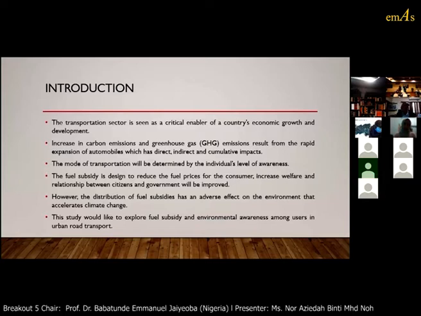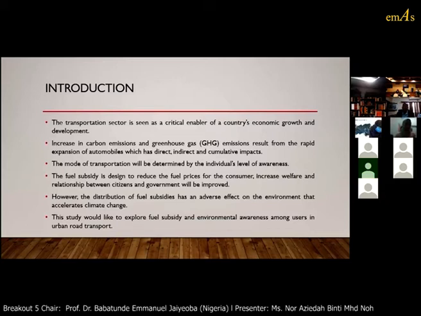The issues of road transport emission actually caught attention of government, academicians, public, industries, and they realized that in order to mitigate the carbon emissions, consumer environmental awareness is an important determinant. Since the choice of mode of transport depends on their level of awareness, whether they would like to choose environmentally friendly vehicles or not. For your information, environmental awareness consists of 4 elements. First of all, environmental attitude, environmental concern, environmental knowledge, and also behavioral intention.